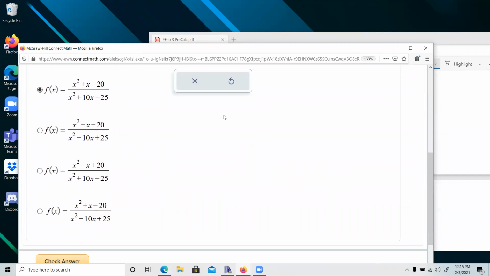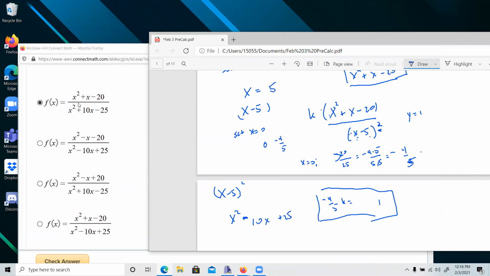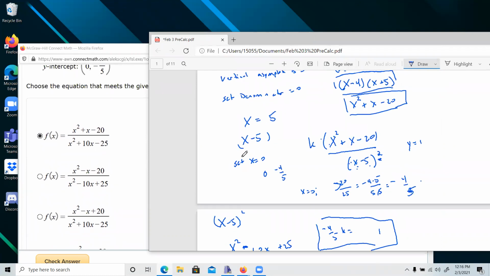Did they really multiply this out? Oh my goodness, why did they do that? X minus 5 squared, that's going to be x squared minus, right? Because there's a minus 5 and a minus 5, so minus 10x plus 25 on the bottom. So what do we have here? We have x squared plus x minus 20. So